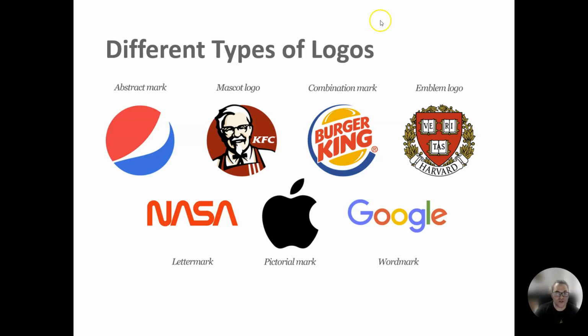Now, the one in the middle of those is the pictorial mark. No words used at all, just an image to describe what that company is and what they represent. Apple Computers, the apple with the bite mark out of it, it's the black apple. It used to be a rainbow apple back in the 80s, but that's the image for Apple. And the final one is an emblem logo. This logo right here is really meant for traditional families, organizations, schools, different groups, companies that really deal with traditional elements in a lot of ways.